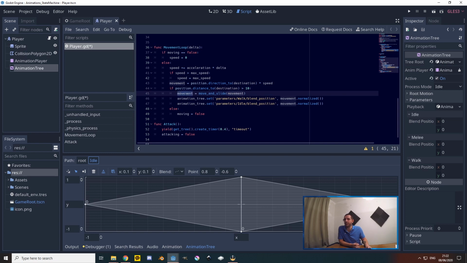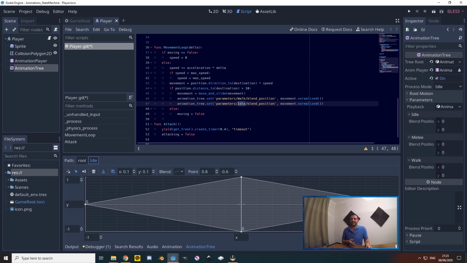And for the movement, we have a Vector2 that is going into the move and slide, but we can also take that same movement vector, normalize it, and then set both the walk and the idle animation. And here again, we set 2 animations for exactly the same reason. Whenever we're walking and we're getting to the point of destination, we want the direction in which the character was walking and where it finishes walking to also be the idle direction in which the character continues to watch. Otherwise, again, you're going to have flicking characters which look really weird.